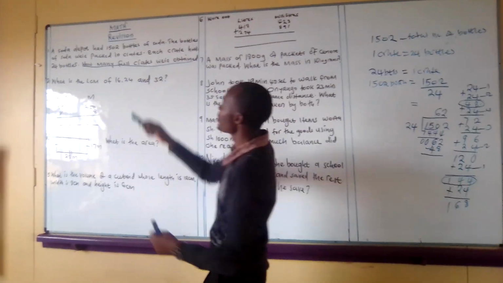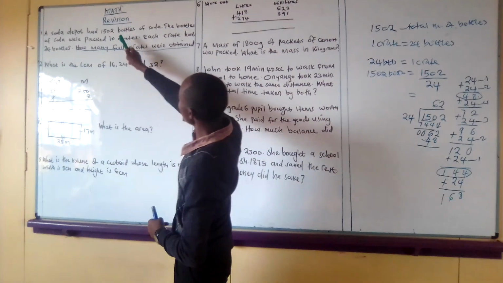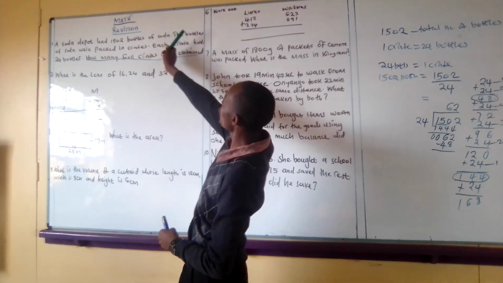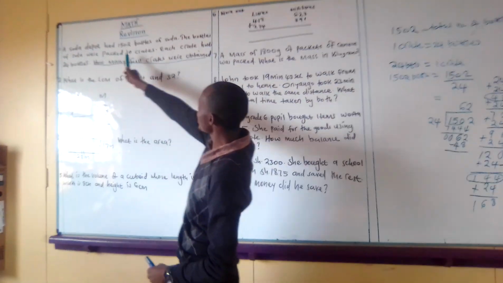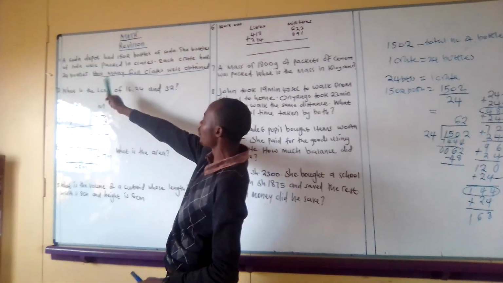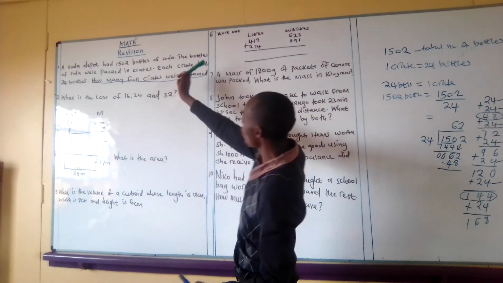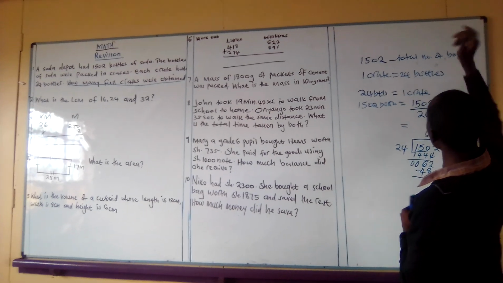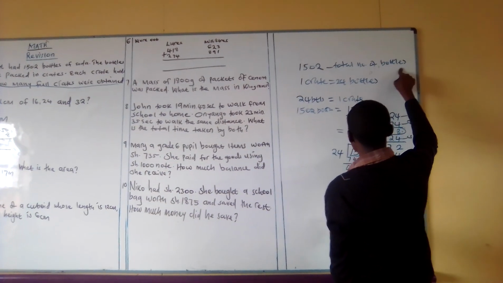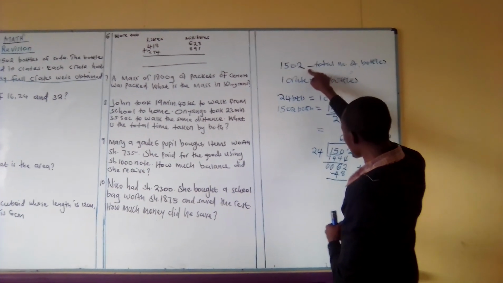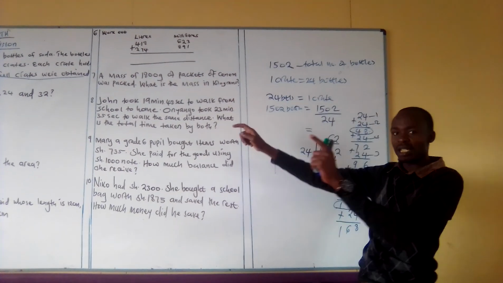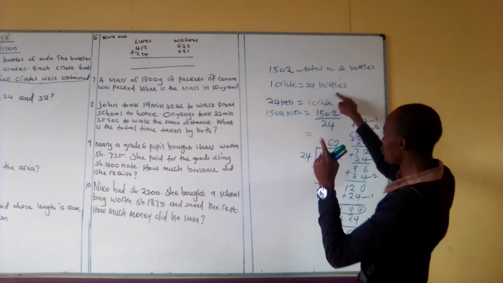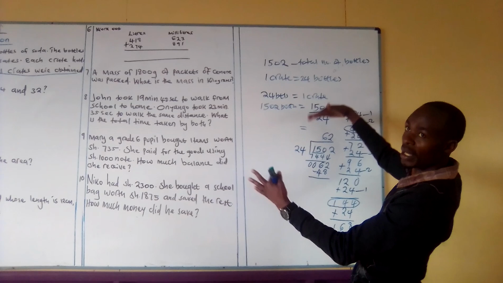The question says here, a soda depot had 1,502 bottles of soda, and the bottles of soda were packed in crates. Each crate holds 24 bottles. How many full crates were obtained? Now, this is how we are supposed to reason. If the total number of bottles is 1,502, and they say each crate carries 24 bottles. Now, this is how we make it